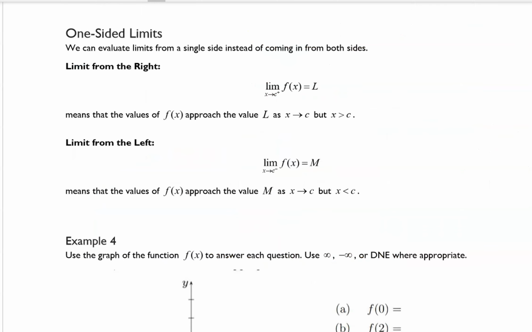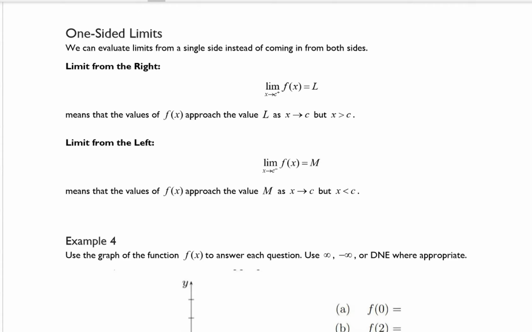Let's talk about one-sided limits. In the previous example that I was showing you with the drawing and the little kid with the balloon, I said that we had to take a look from both directions. If they were coming from the left-hand side and from the right-hand side, we had to kind of observe both of those. Well, it turns out we can evaluate limits from a single side